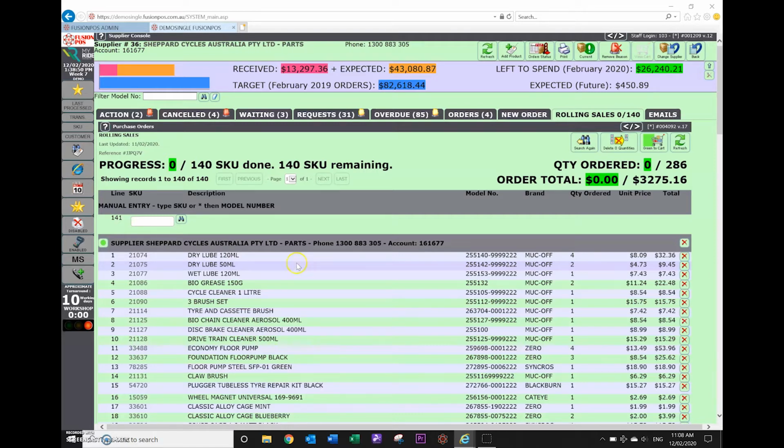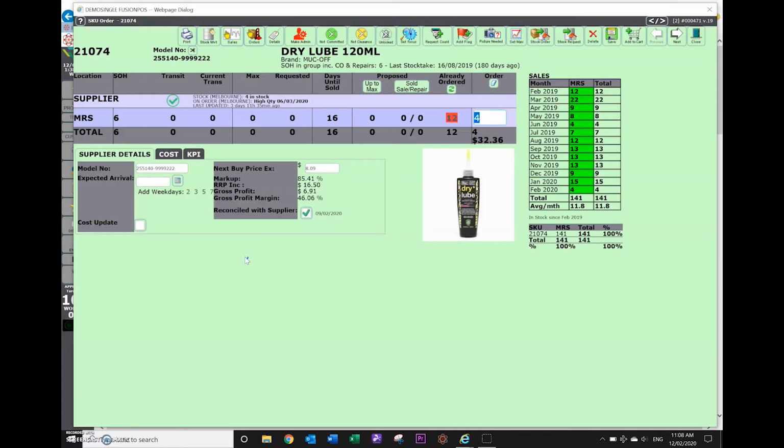Now, if I click on this 120mm dry loop, it shows me the standard screen information that you're used to seeing. So it can show me what my stock on hand is and what my turn on that stock is currently, going from the last 12 months sales. It shows me what I've already got on order and how many it recommends to order. So if I was to order this now,